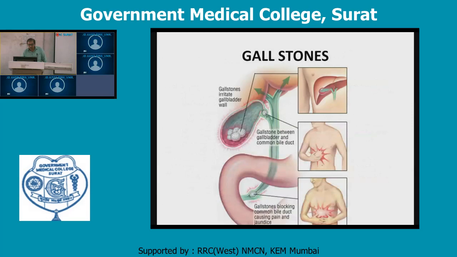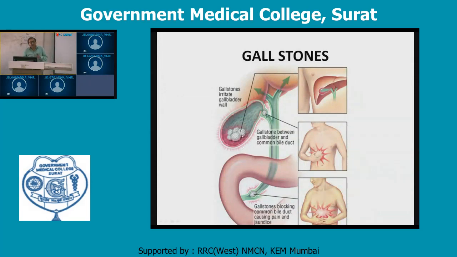Now, the next important part is gallstones. The important function of the gallbladder is the storage of bile. Actually, not only the storage of bile, but the bile that comes for storage is also modified. A large amount of water is absorbed and the bile gets concentrated in the gallbladder. We know the bile salts are there, so sometimes the bile salts get precipitated within the gallbladder and form stones. Here they are known as gallstones.